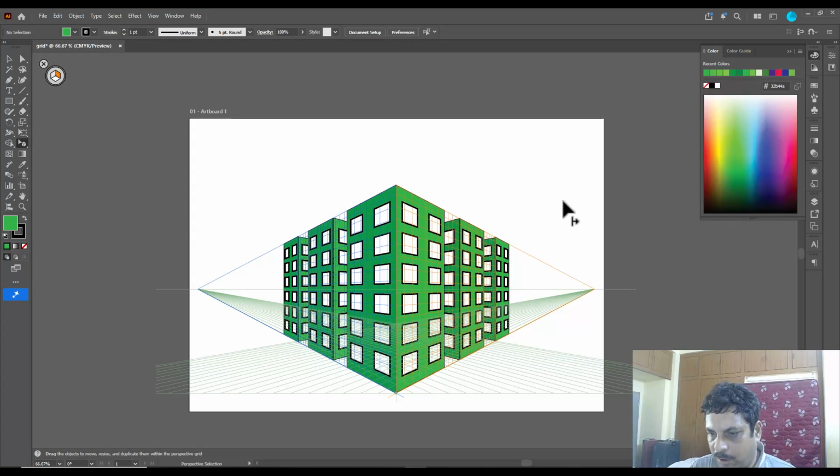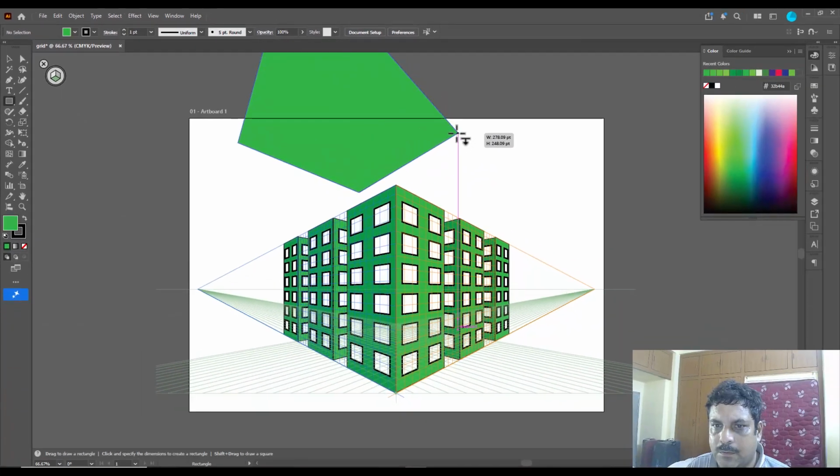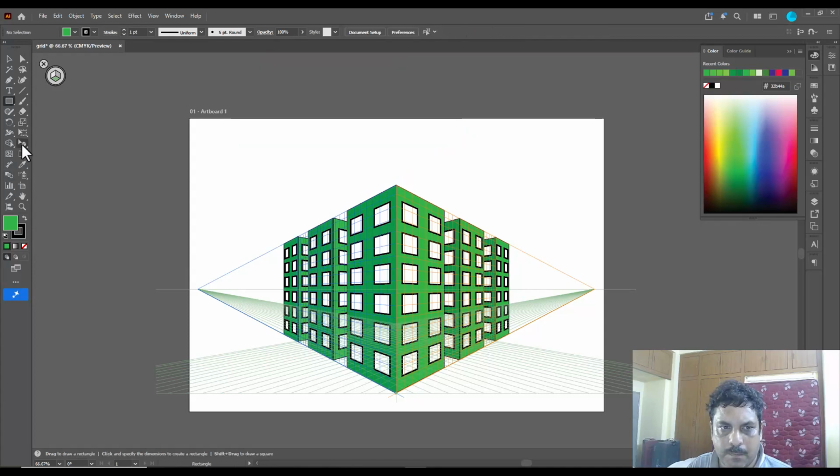Now one thing we'll be doing is we can also create the ground. So to create a ground, we will first change the grid to the bottom grid here. So we can just change the grid to bottom grid, and we can select a rectangle here. So we can just choose this perspective selection, and we can